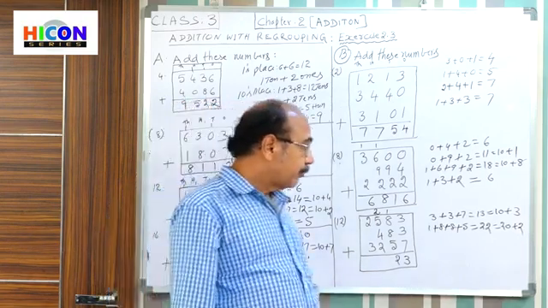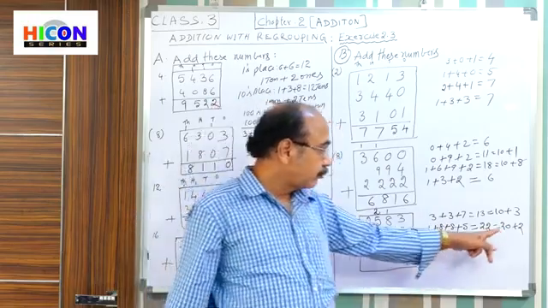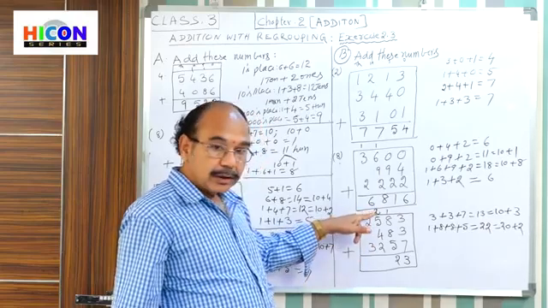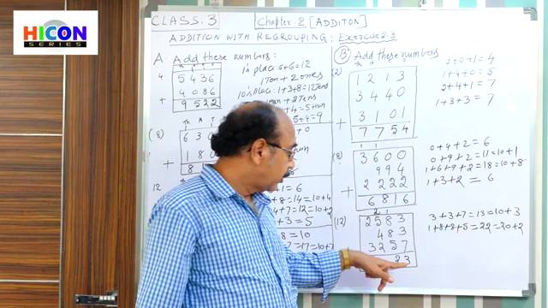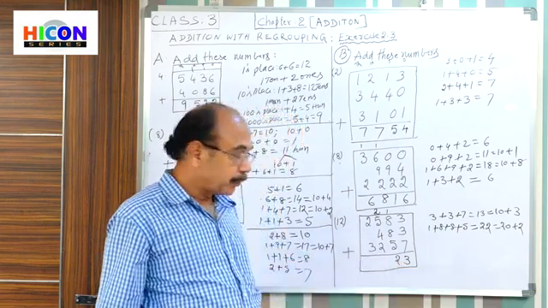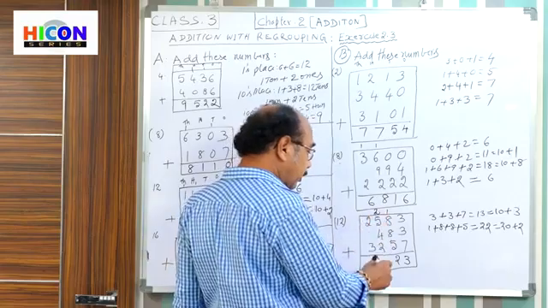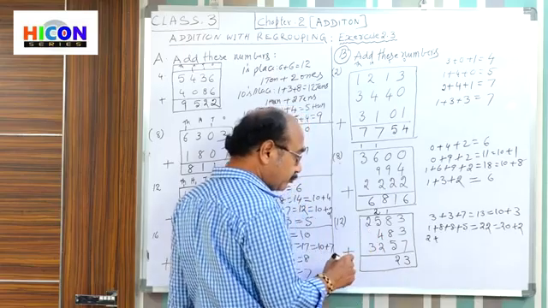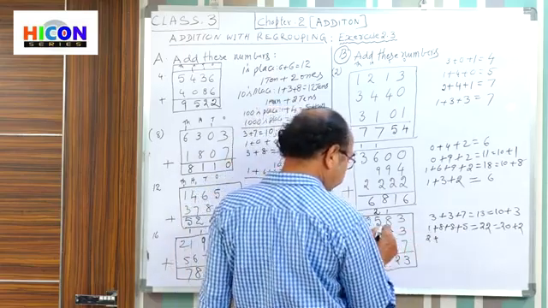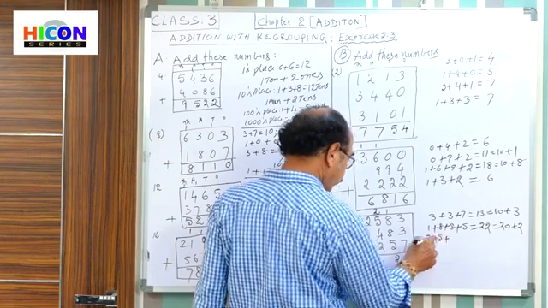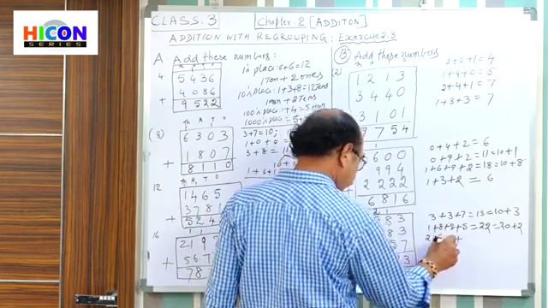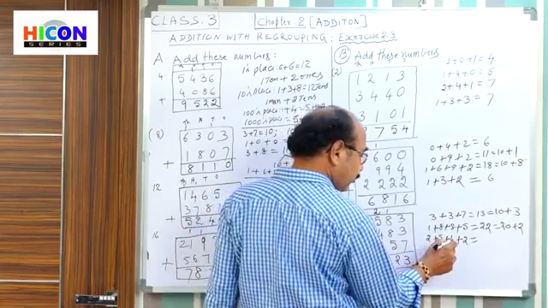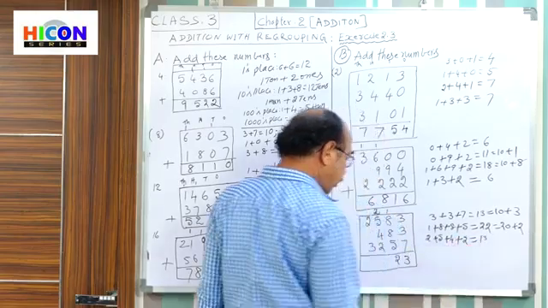Okay. 20 tens are 200. That's why that 2 we write in the carried 100, and here in the tens place. Now you see, add the digits in the hundreds place. So 2 is the carried 100, here 500s are there, here 400s are there, here 200s are there. Add 2 plus 5, 7. 7 plus 4, 11. 11 plus 2, 13.